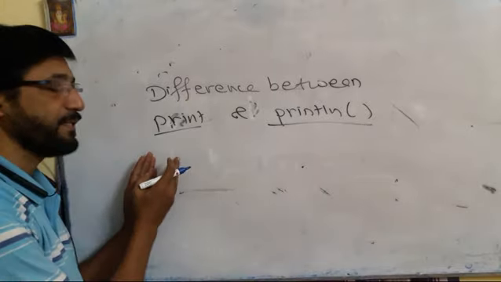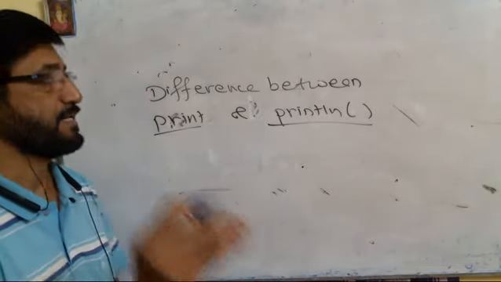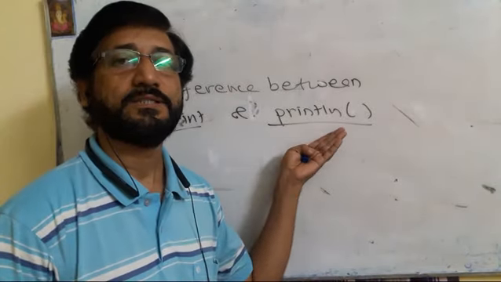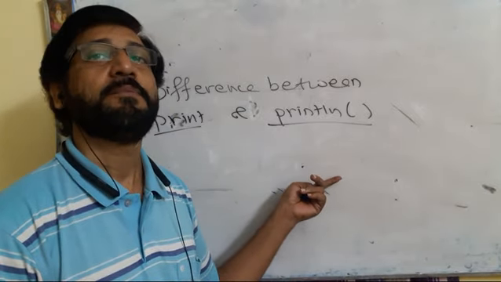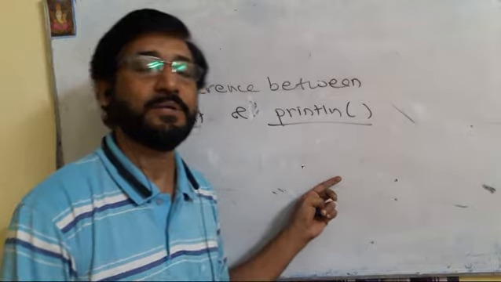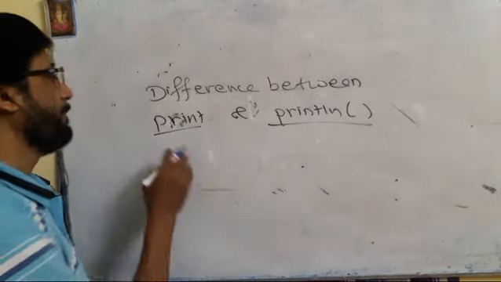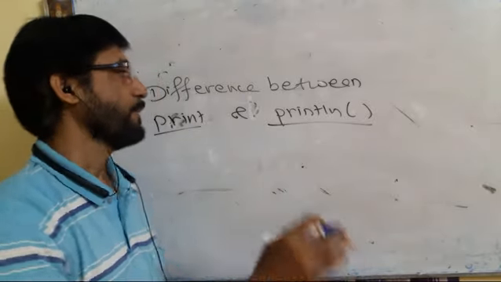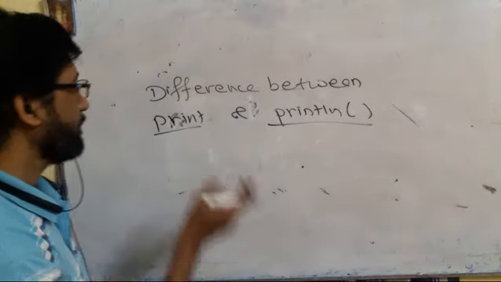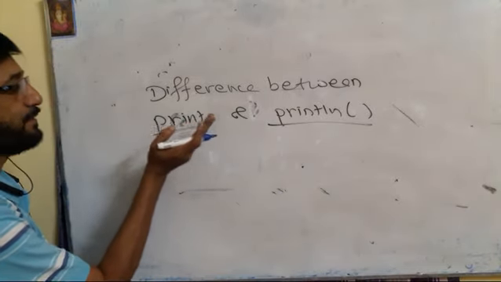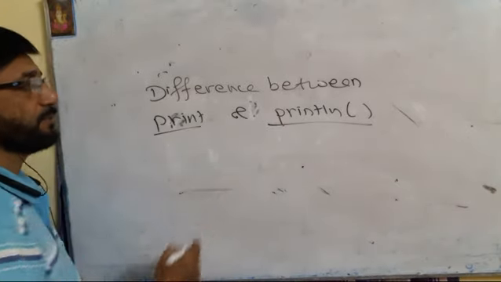The print method is used to print the result on the screen and keep the cursor in the same line, whereas the println method is used to print the result and bring the cursor to the next line, so the next result will be printed in a new line. That is the only difference between print and println. Directly to say, print is used to print the result in one line, whereas println is used to print the result on different lines. Print prints the data and keeps the cursor on the same line; println prints the data and brings the cursor to the next line.